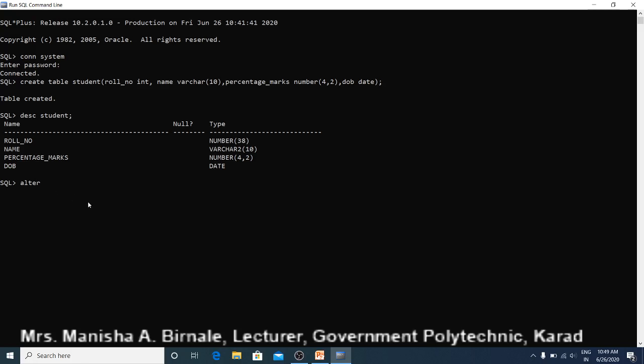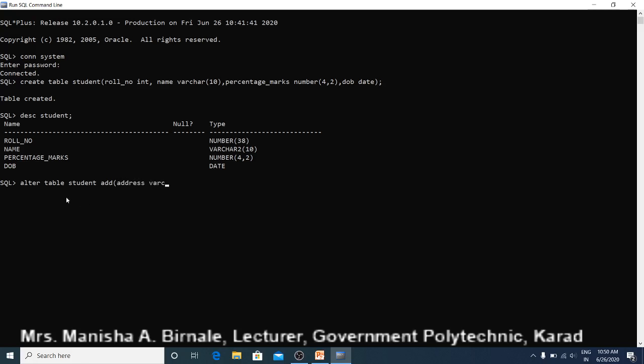So alter table, then the name of the table is student. You want to add one more column, so use the keyword add, round bracket, then specify the name of the column which you want to add. Suppose the name of the column is address.